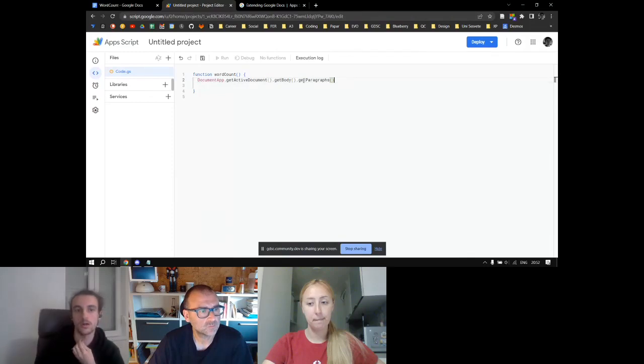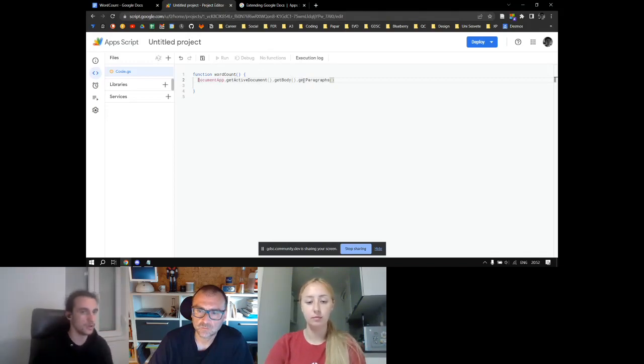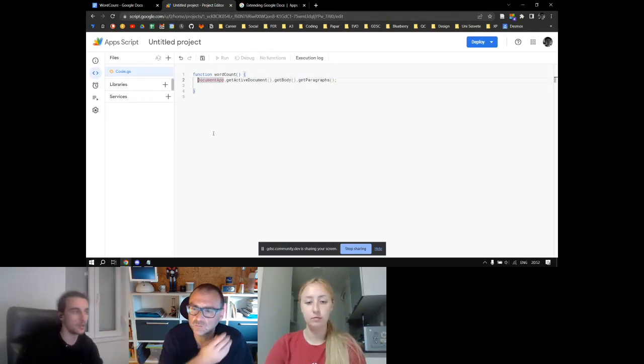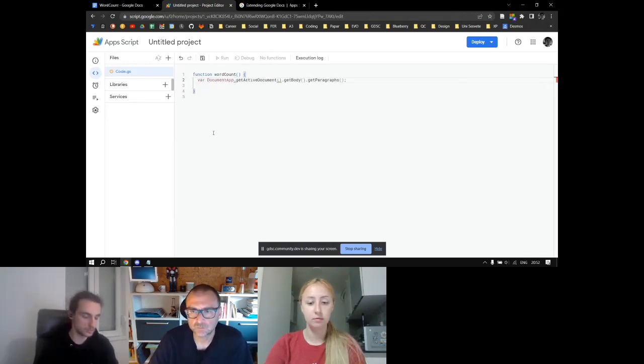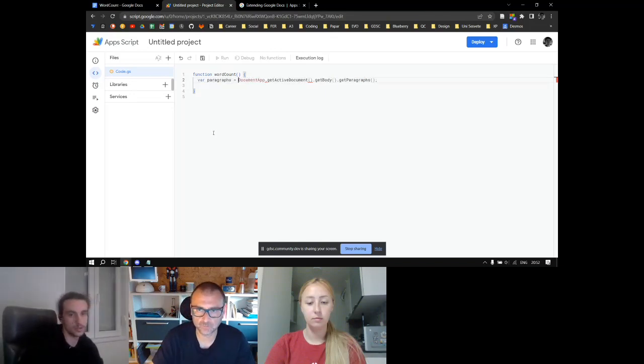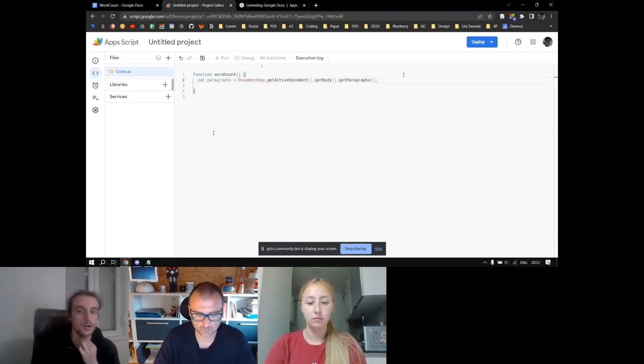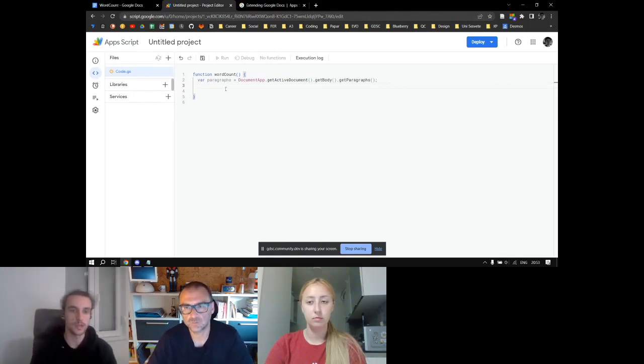So, okay, if we want to use them to find the specific ones, it's probably a good idea to save them in some kind of a variable, so we can use a variable to access it later. Okay, what we need to do then is to iterate through each of the paragraphs and see if we even get all the things that we have in our document.